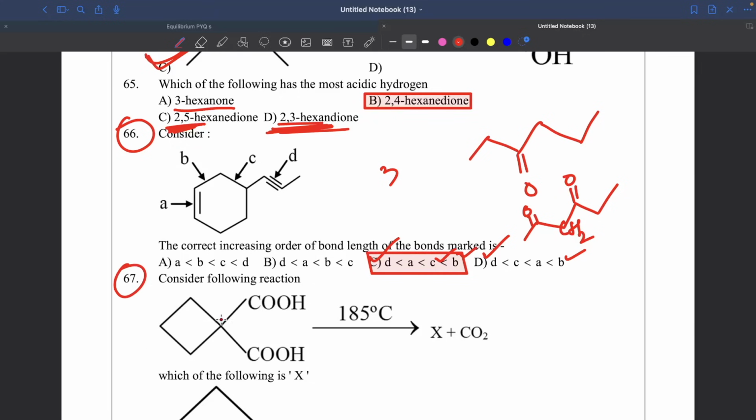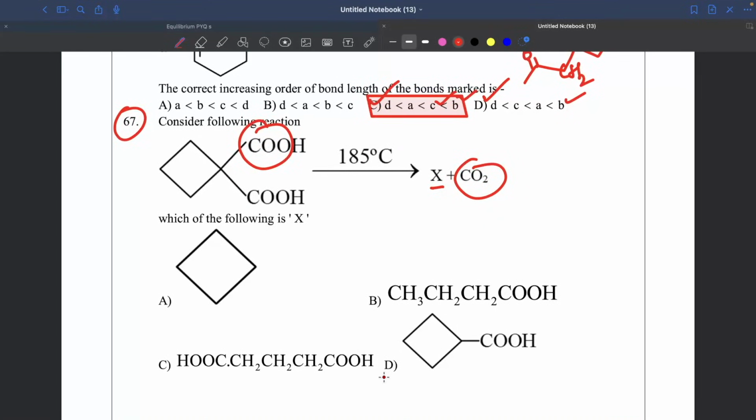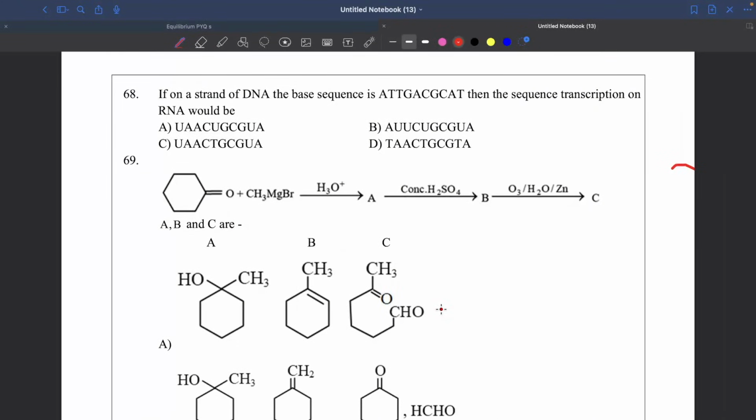67. Cyclobutyl dicarboxylic acid 1,1 is heated to 185 degrees Celsius. We got X and 1 mole of CO2 is out. So, this being out, the product is going to be D. Simple direct question hai. Next one,